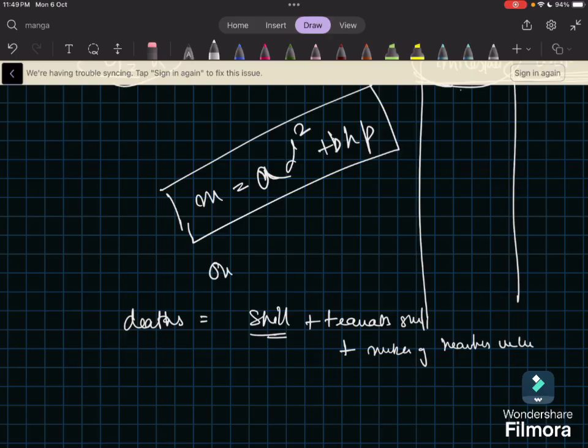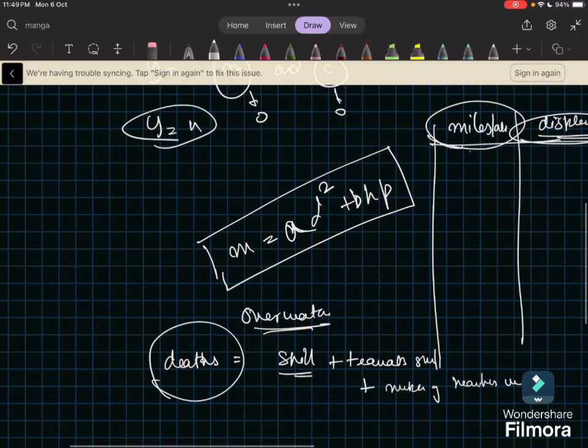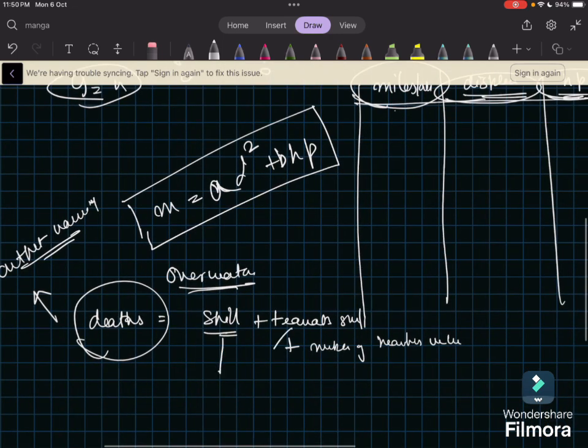Like let's say in Overwatch, right? You have a 5v5 or a 5v4 scenario. So here this is our output variable, which is dependent on all these factors: